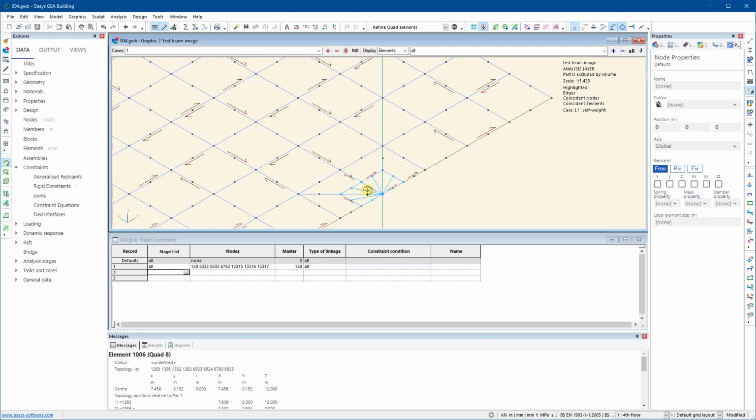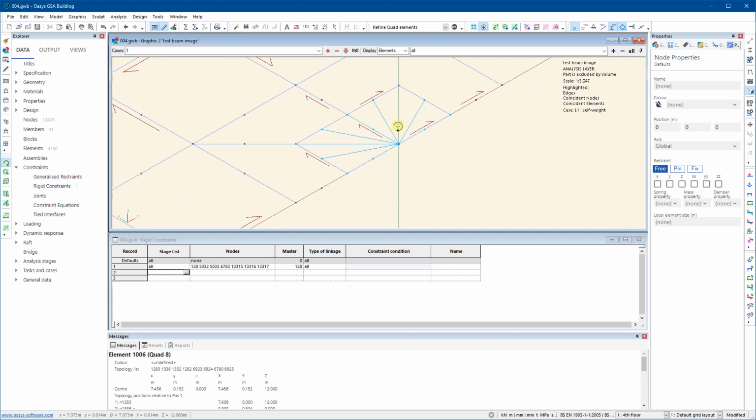You could actually test out a model where you compare the results that you get with this arrangement that you've done by hand to the very skewed mesh that GSA created itself, and see actually does it make an enormous difference. The one thing I did say I would do